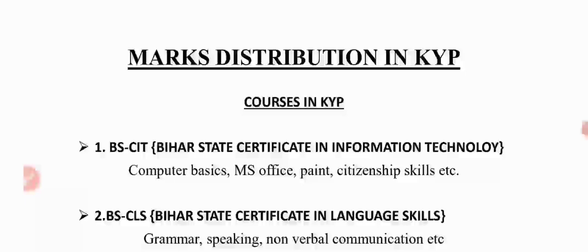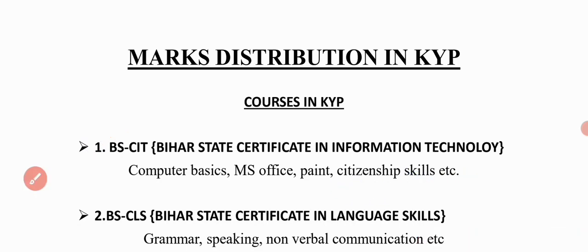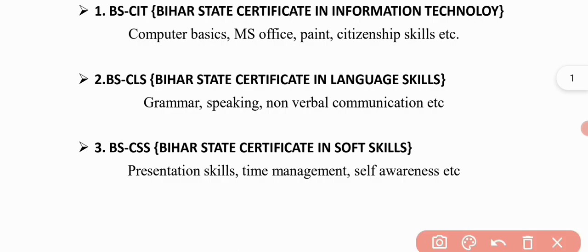Friends, as we know, there are three courses in KYP. The first one is BSCIT, which means Bihar State Certificate in Information Technology, which comprises computer basics, MS Office, Paint, citizenship skills, etc. Now, friends, the second one is BSCLS, which means Bihar State Certificate in Language Skills, which